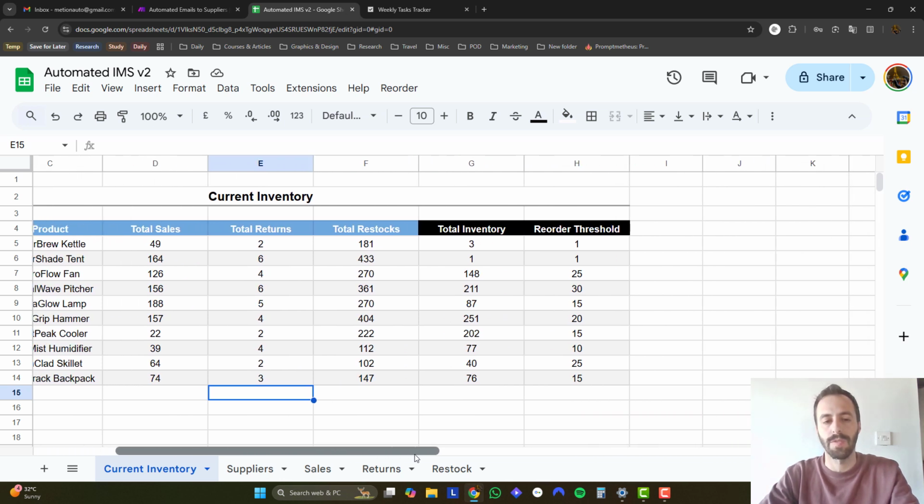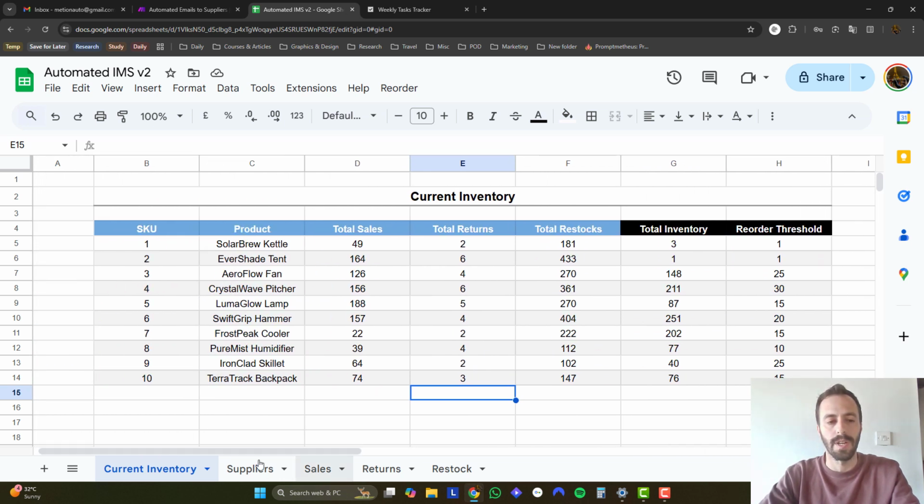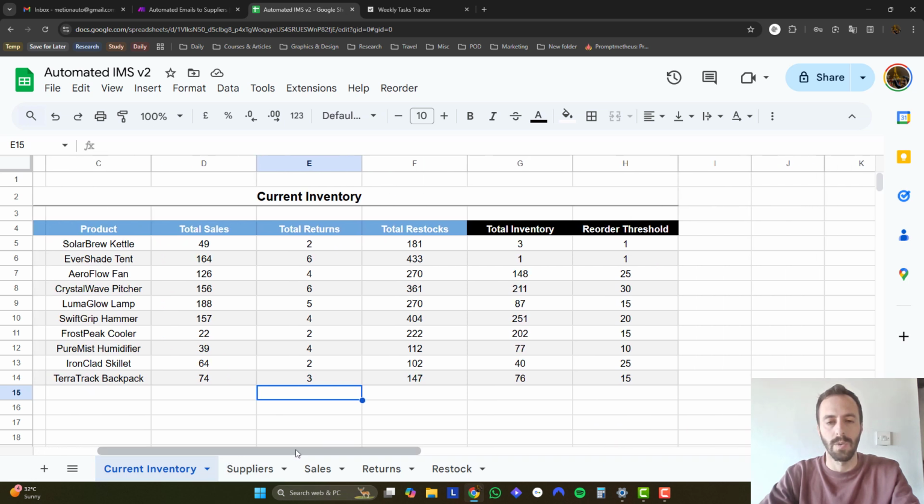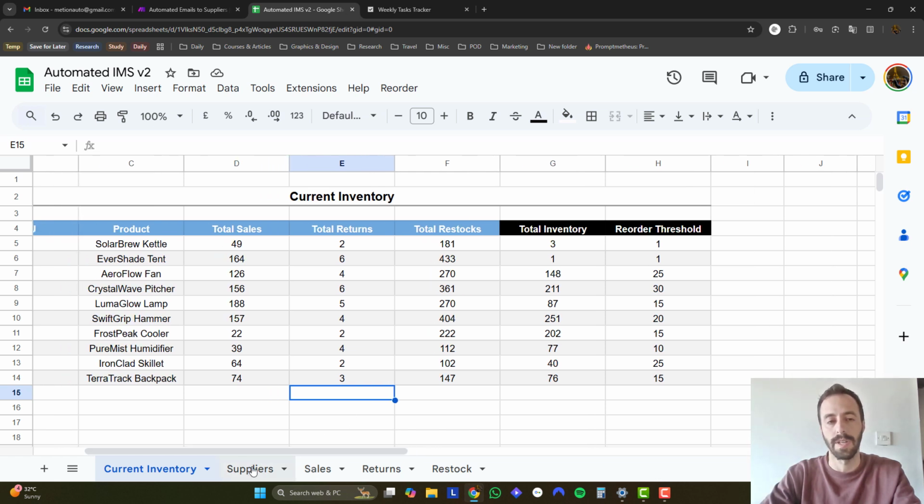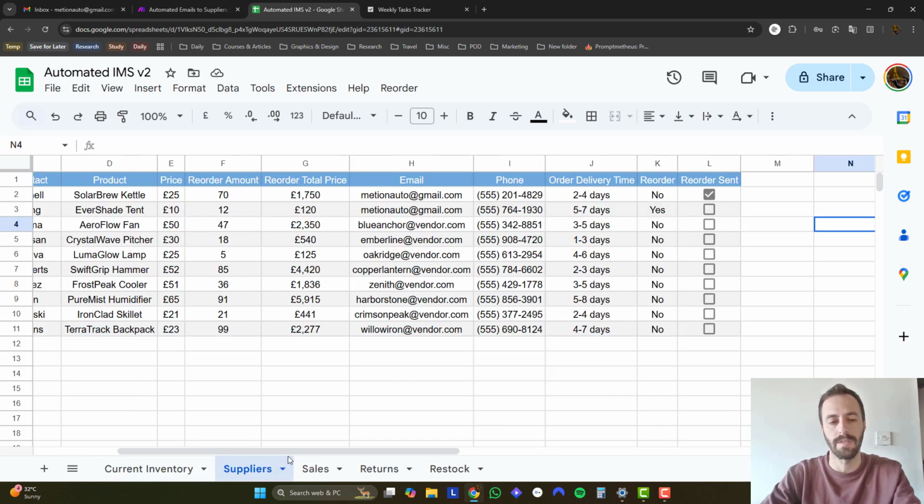So for a quick overview of this spreadsheet, we got the current inventory and we got the total inventory, which is summing up all of this. So these are all your logs where you export your data, your sales, your returns, your restock. And this calculates the total inventory you've got right now. And you can set a reorder threshold here. So if your inventory goes below or equal to your reorder threshold, it's gonna trigger a formula on this spreadsheet,